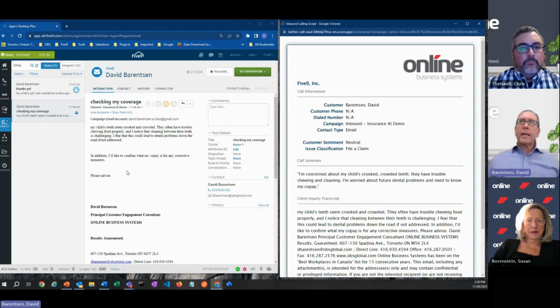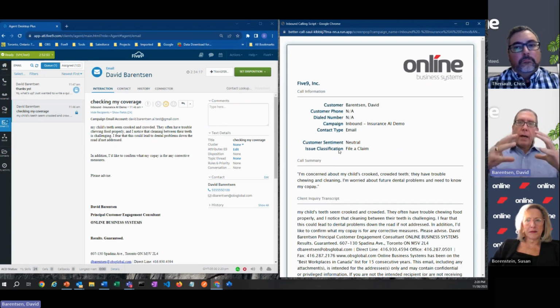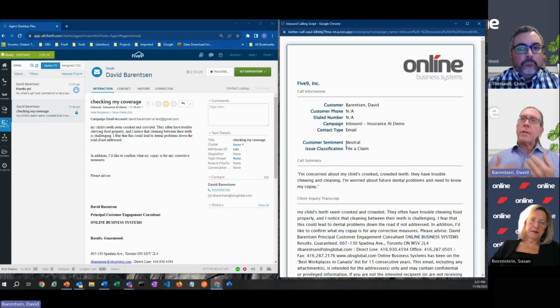Now, everybody in the contact center space, the wheels are probably turning right now. If we have a classification, that can very easily map to a skill, or maybe a targeted set of skills, with overflow as need be. With sentiment, that could map to somebody's skill level in a contact center.